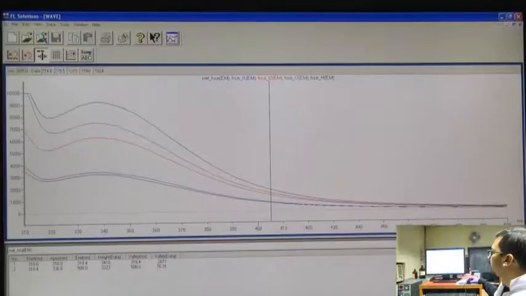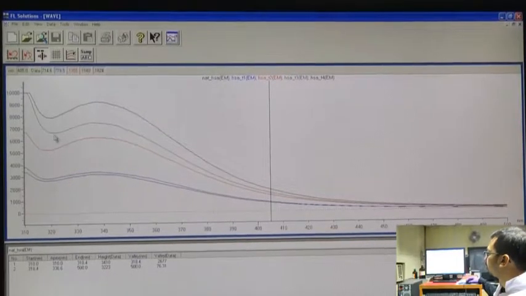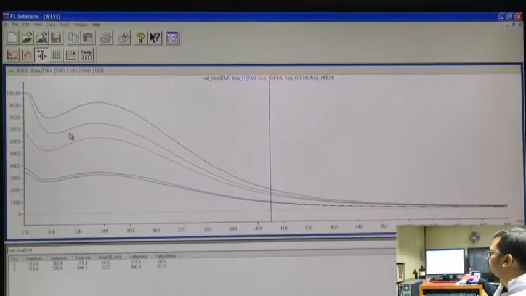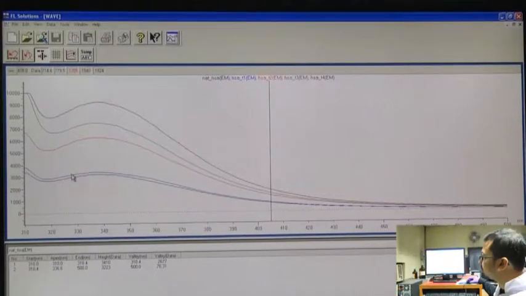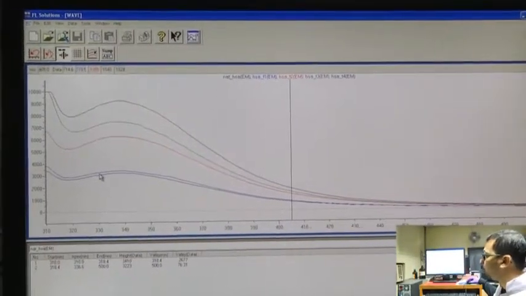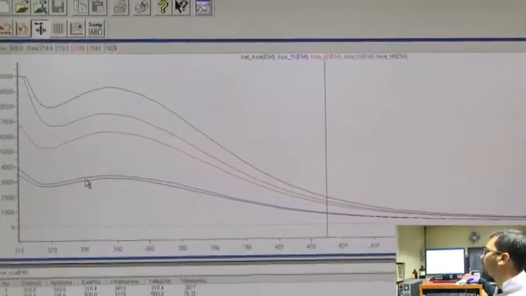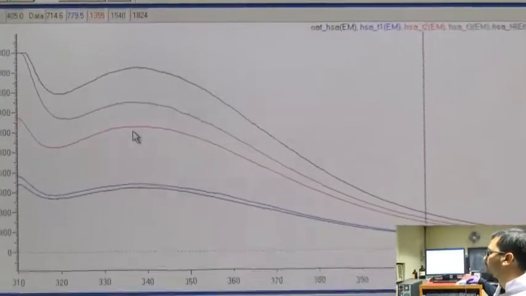Now, we will check this overlay of the fluorescence emission spectra of HSA at various temperatures. Starting from here, the black one is the native protein. The blue one just over it is the protein at 37 degrees centigrade. From here, there is not much difference in the fluorescence spectra, but there might be a difference compared to the protein heated at 45 degrees centigrade.